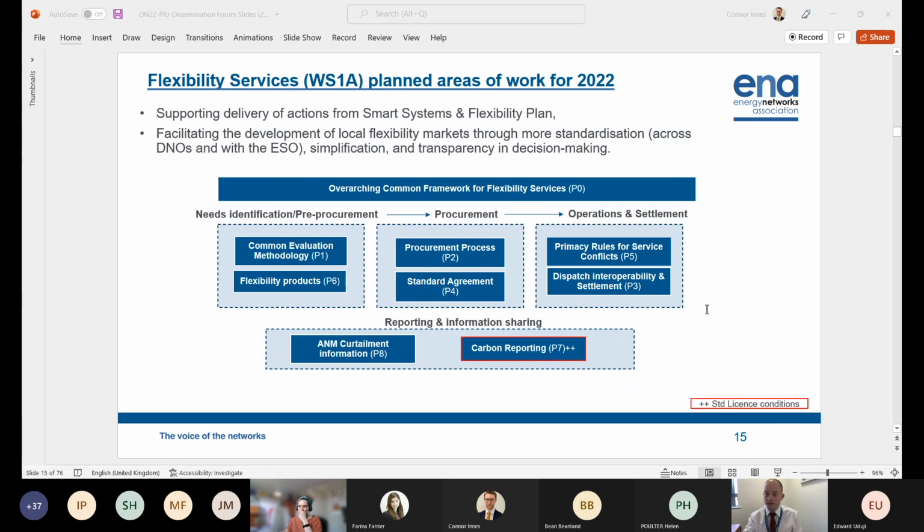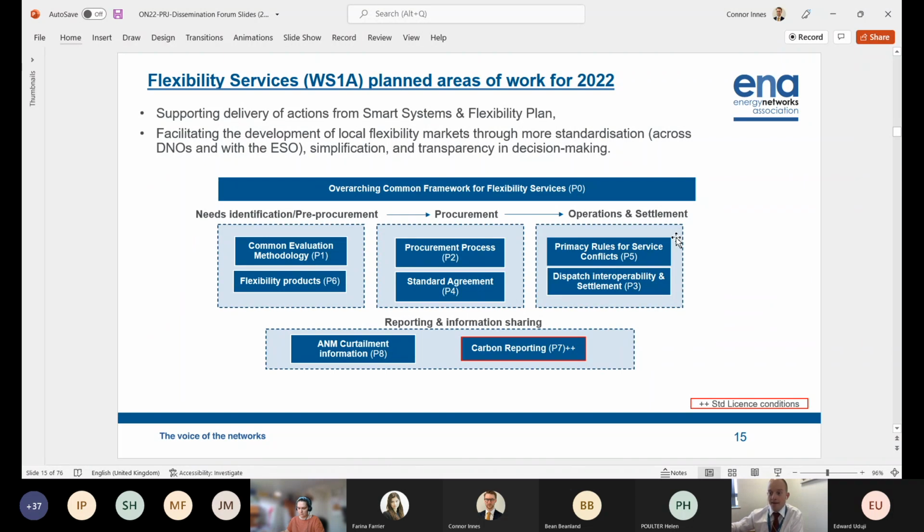those different activities, making sure that the recommendations that are drawn out of these different products are being adhered to, that there's timely implementation across the different network operators as well, and that we're all learning and sharing the good practice and implementing that good practice within the businesses to provide a consistent base for flexibility markets to operate on. So this overarching common framework will look at all the different activities that are required to drive a deep and rich flexibility market, and then making sure that the work that we do within Open Networks is taken forward at